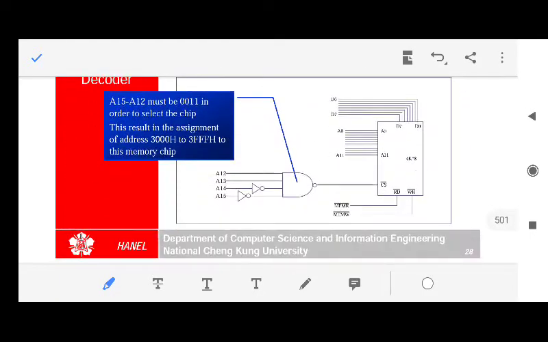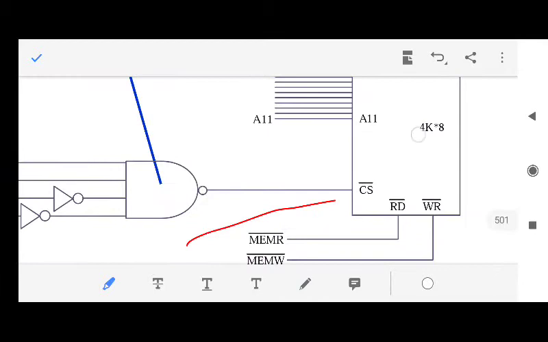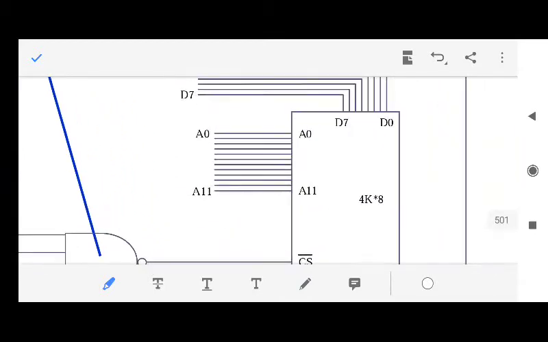We have already seen this example. I'll review it for you. Just a second. What has been given? It has been given that there is a memory of size 4 kilo multiplied by 8. I think as of now this is very clear to you. What is 4k multiplied by 8? 4k multiplied by 8 memory means